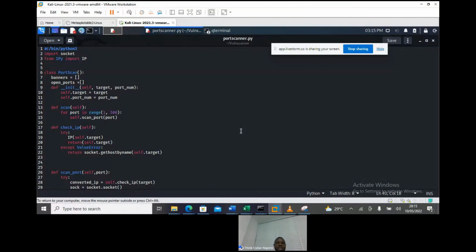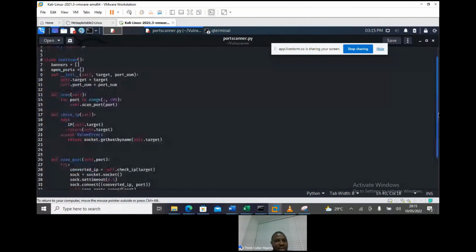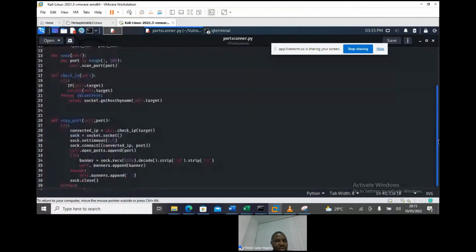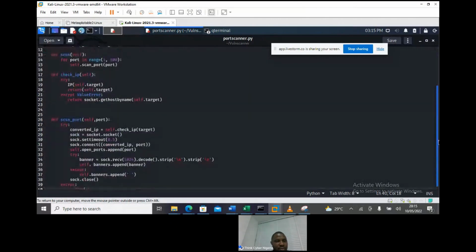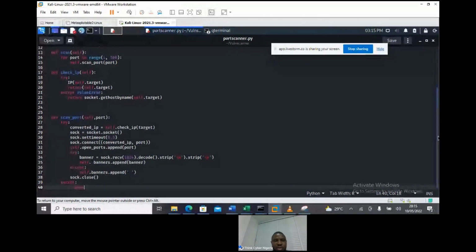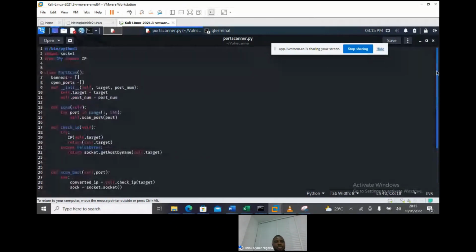We modified the scan port function. Now we remove the banner function, and we now place it in the scan port function. We now actually close. So up till this place, please, if you have any questions, we can start treating it from here, because the next ability.